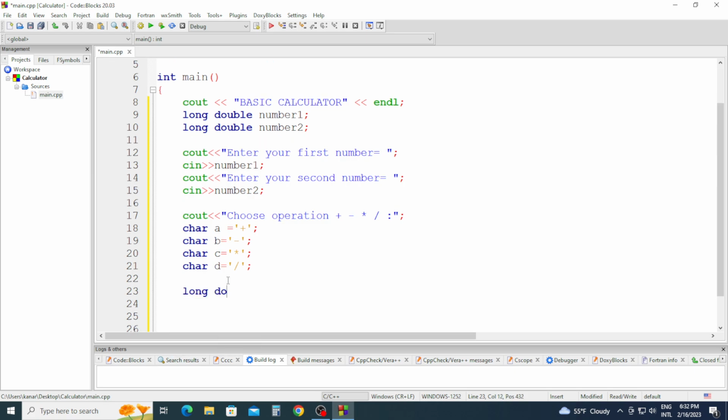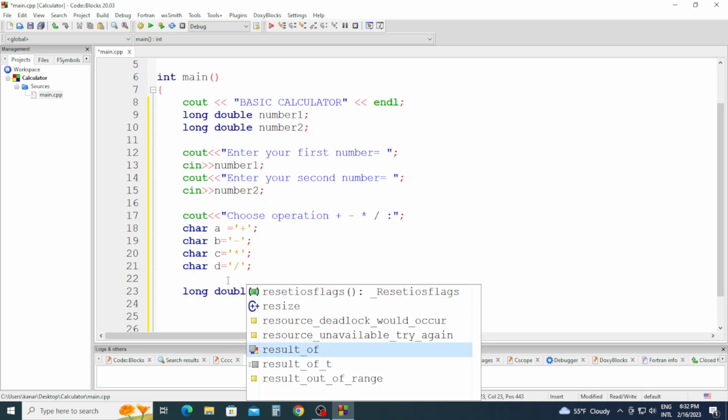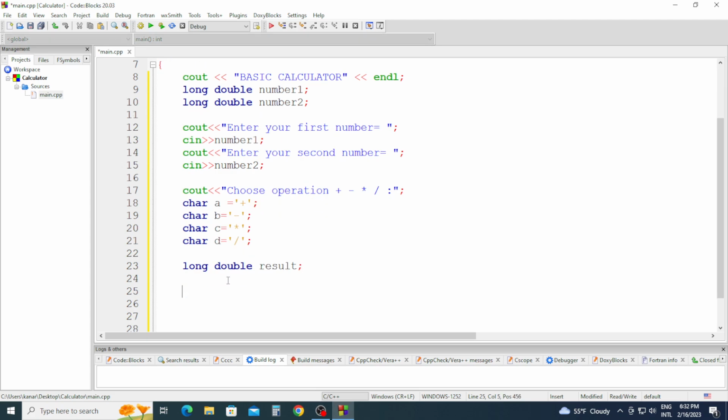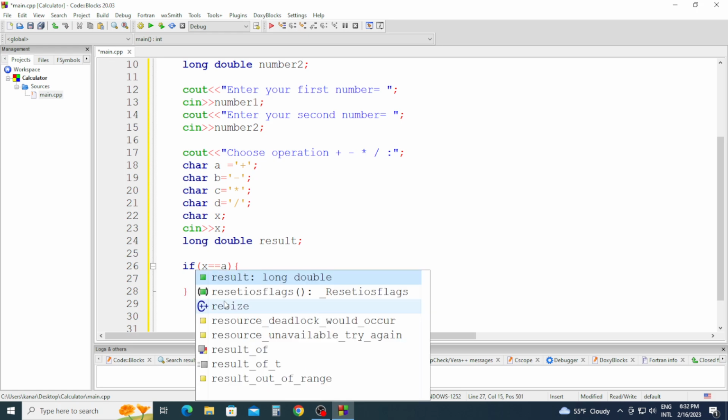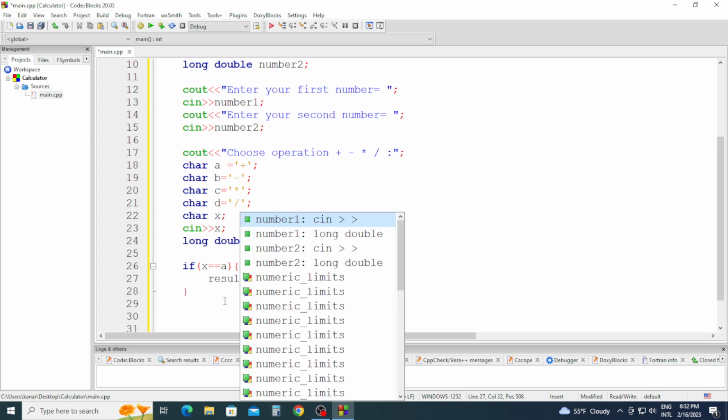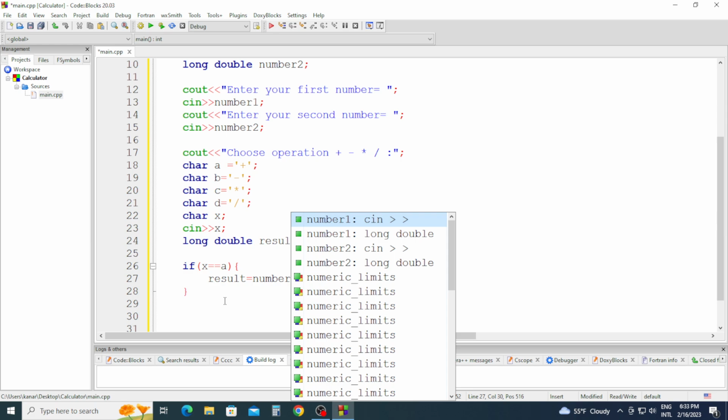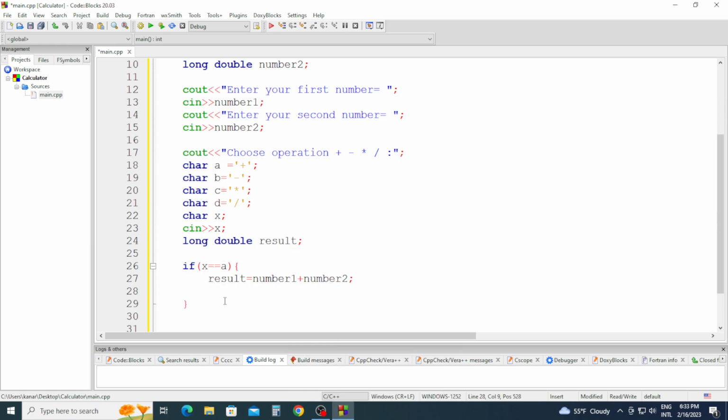and a long double result; we forgot to declare char x, which is going to be our choice; and we're going to ask the input for x, and if x equals, double equals means exactly the same thing, a, result will be equal number1 plus number2;